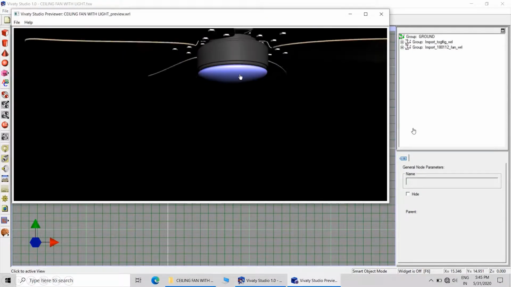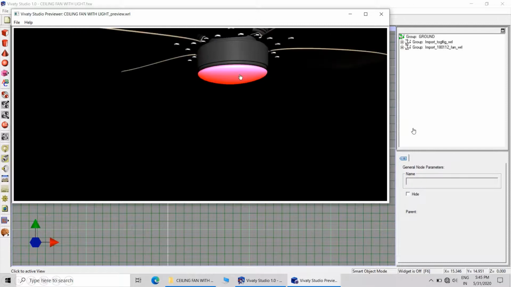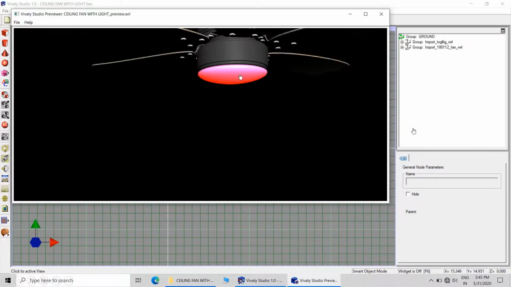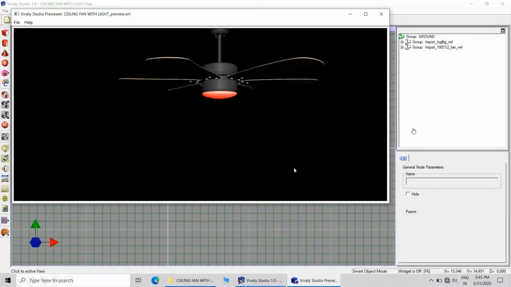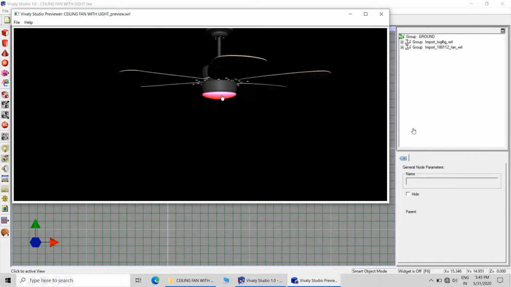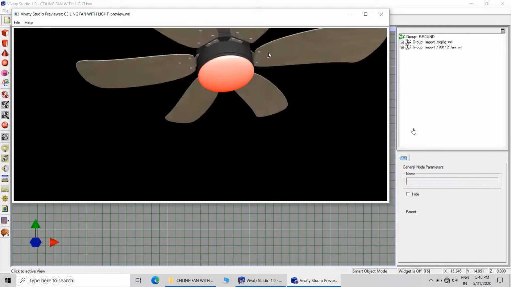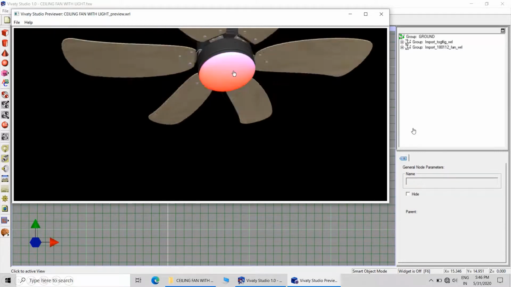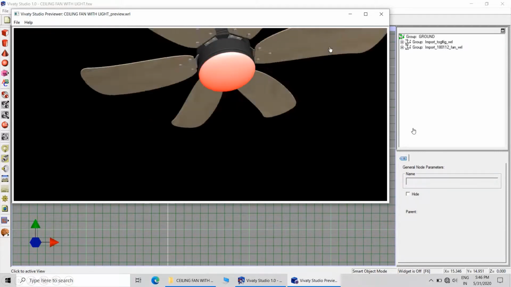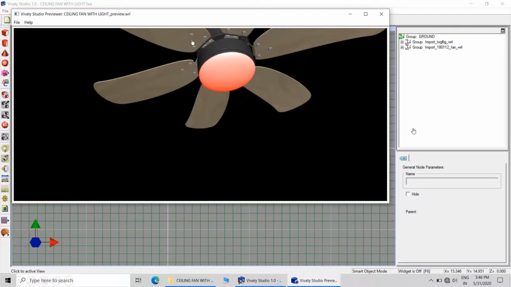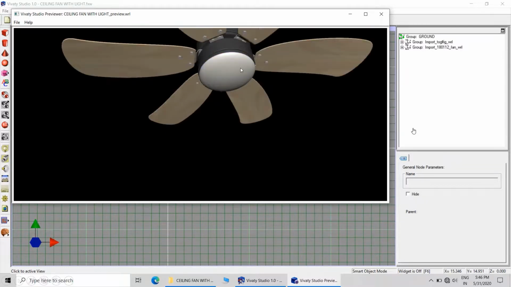This is the preview which is available in Vivaty Studio, and that is the preview which is available with BS Contact. I don't know why there is so much difference, but here you get a different result, there you get a different result.